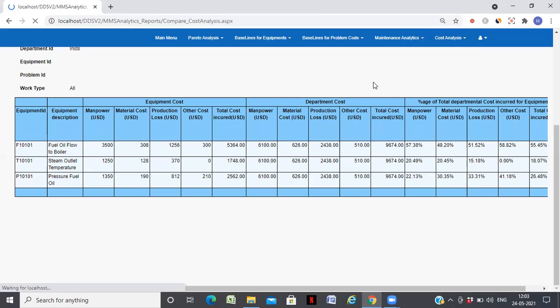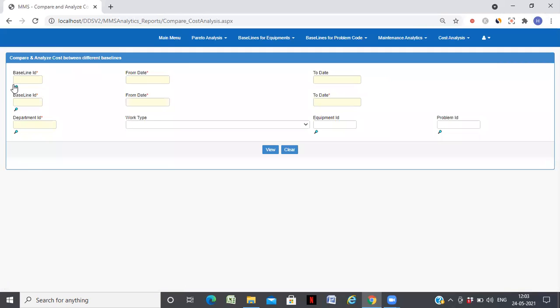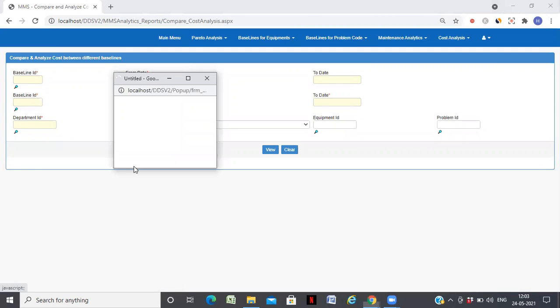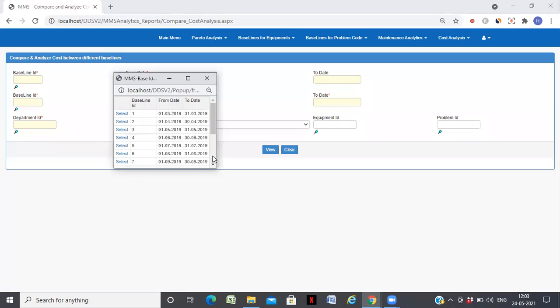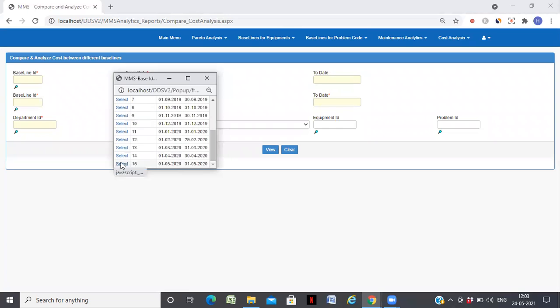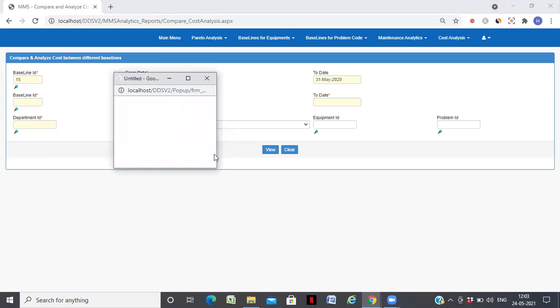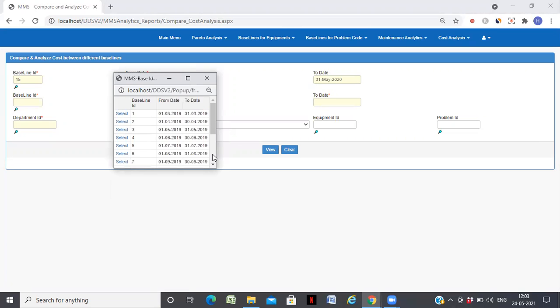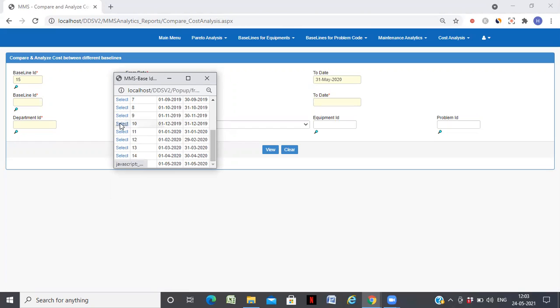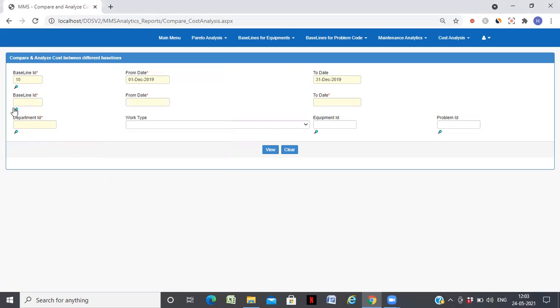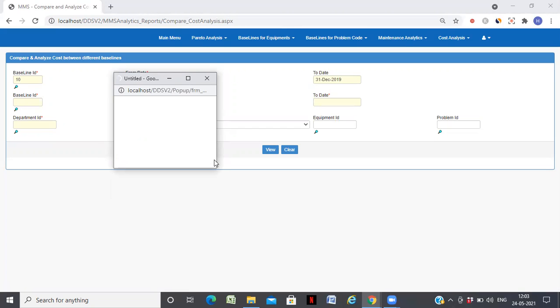And so this system prompts you to take the action items and track them to closure. And at the same time, whether the actions which you have taken have yielded benefit or not, you can measure using the subsequent comparing of the baselines for cost. So let us take 10 and 15.